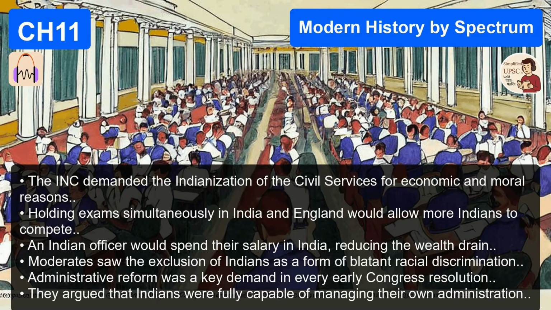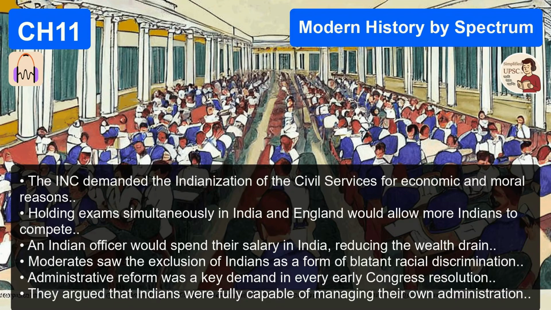But knowing all of that, we shouldn't dismiss them as failures, right? Because they built the house that later generations lived in. Absolutely. To dismiss them is to misunderstand how historical movements are built. The eminent historian Bipan Chandra has the best assessment of this era. He calls it the seed time. He wrote, and I quote, "The period from 1858 to 1905 was the seed time of Indian nationalism, and the early nationalists sowed the seeds well and deep." That is a beautiful way to put it. You cannot have the harvest of 1947 without the brutal, slow work of sowing the seeds in 1885.